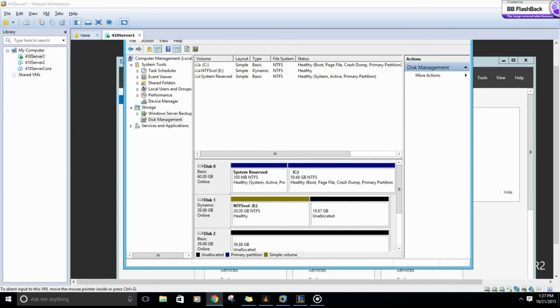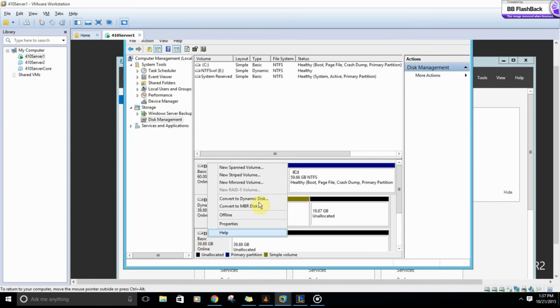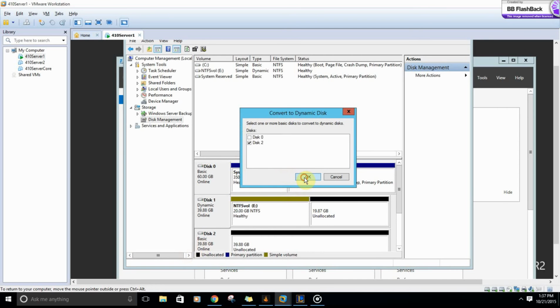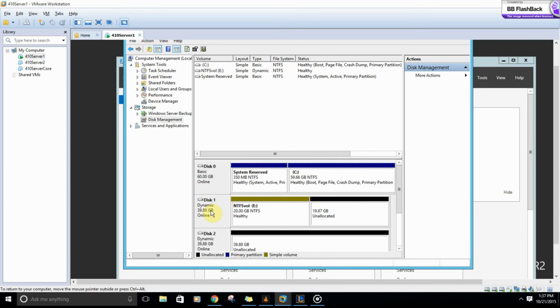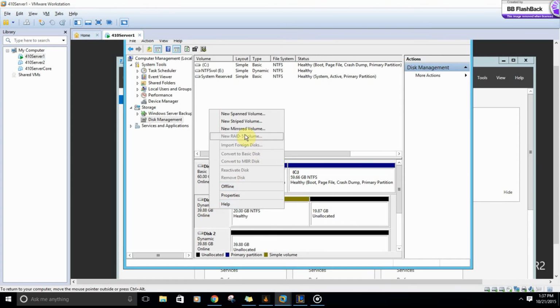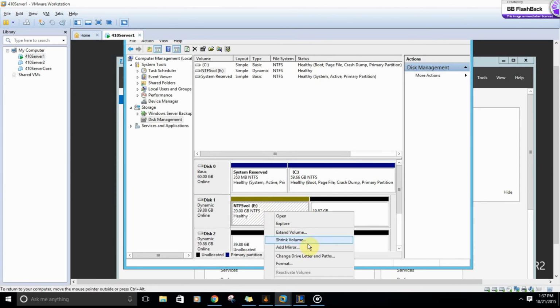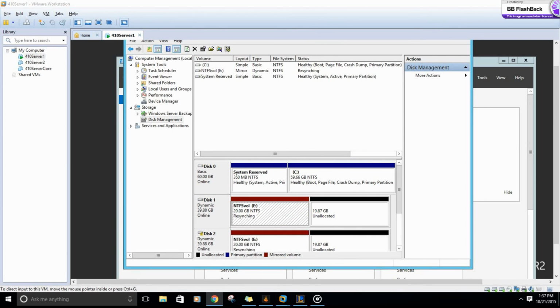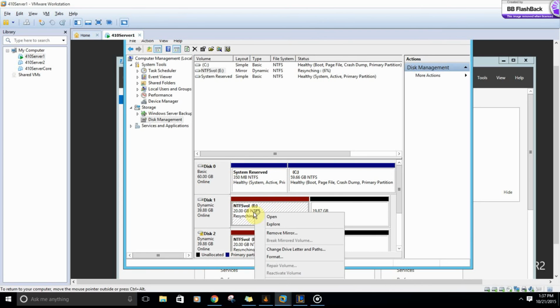Next thing that we're going to do is come to here, and if I remember right, we'd convert this to a dynamic disk. Disk 2, yep. So now that's dynamic. Then we'd go here, and we would add a mirror on disk 2. It's already a dynamic disk, it's already converted. So right now, it's resyncing. Yeah, it's resyncing. And once that gets to 100%, that's all for the